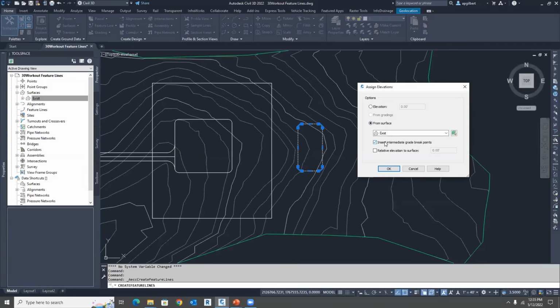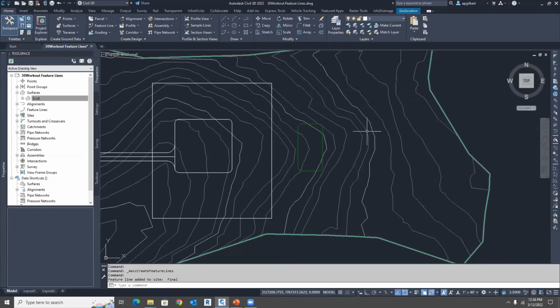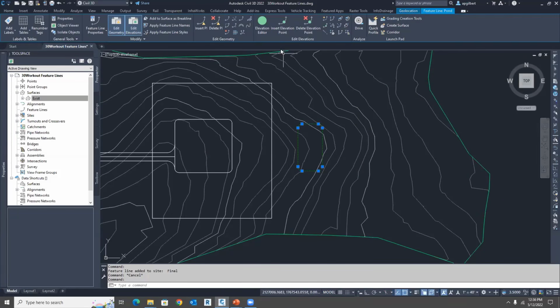You can insert intermediate grade breaks. So at every location that our feature line crosses a triangle edge, you will get another point there, and that's an awesome feature. I don't need it yet. I'm not going to use it now. And this relative elevation of surface has been out for maybe 3 or 4 years. We'll talk about that later. Very powerful feature as well. So when I hit OK, now I have a feature line, and I'm going to select it, and the contextual